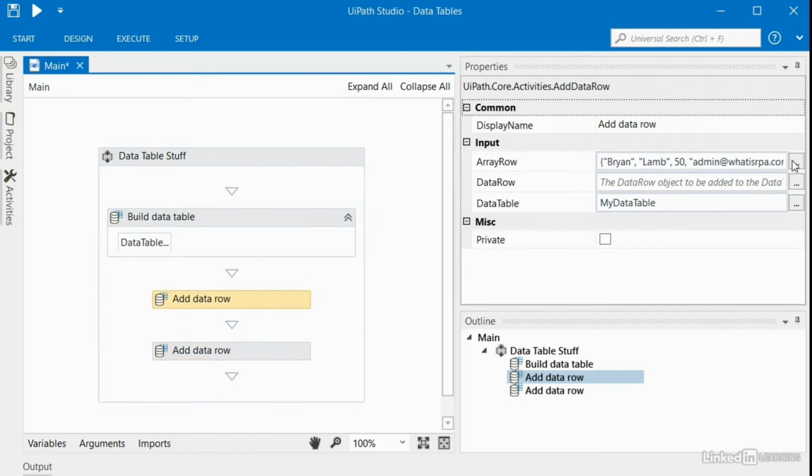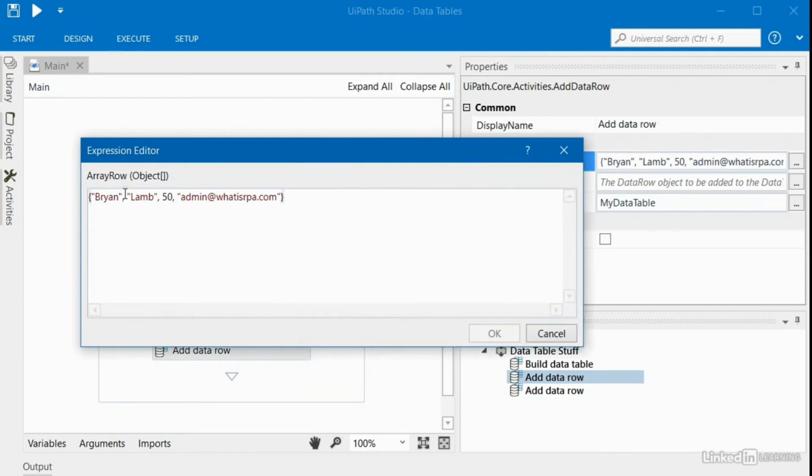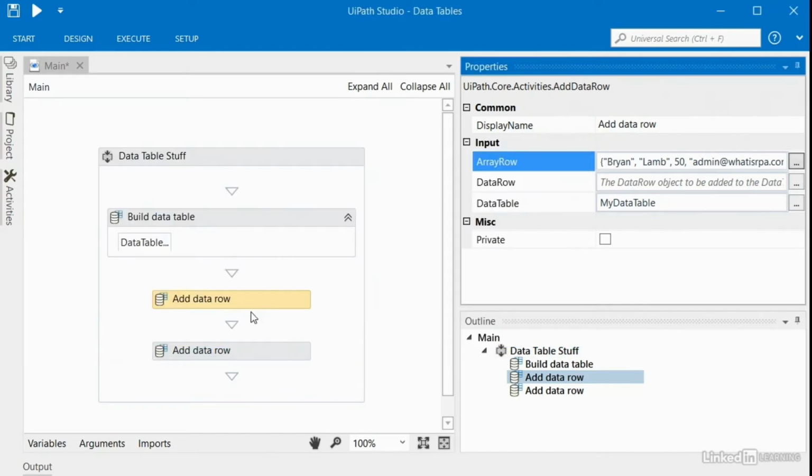And I'll just mention that in this expression editor here, you can absolutely use variables instead of literal strings. So again, if you already had some variables in place and you were using a loop to populate your database, there are many different possibilities for where you would get these values for your add data row activity. But hopefully that gives you some ideas for how you can build up your own data tables to manage information